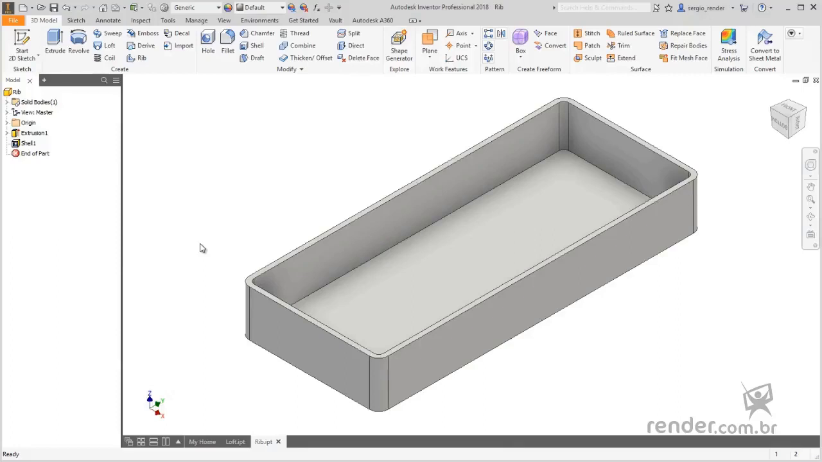In this class we will learn the commands rib and loft, used to create ribs and perform transitions between profiles, respectively. We start by opening the model shown, made available in this class, where we have a box of thin walls